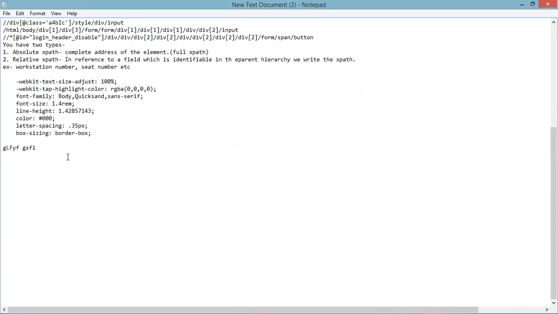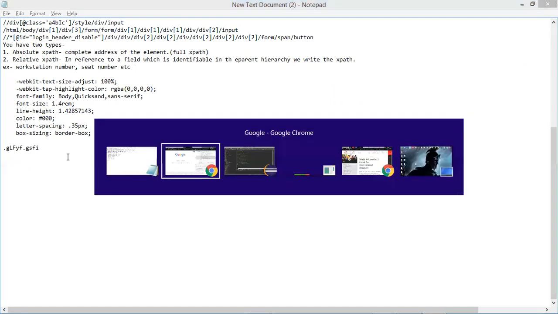Type a dot. Just a dot, not the at sign. In between you have a space, right? Remove that space and put a dot. Then go to the particular HTML page and see what is that particular element name.